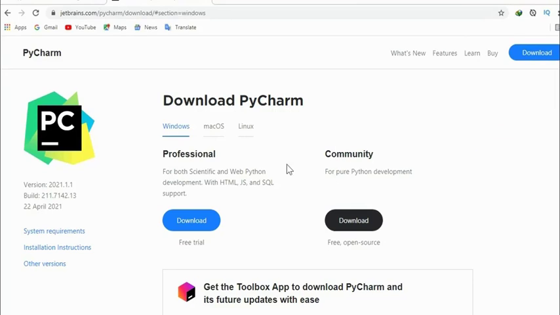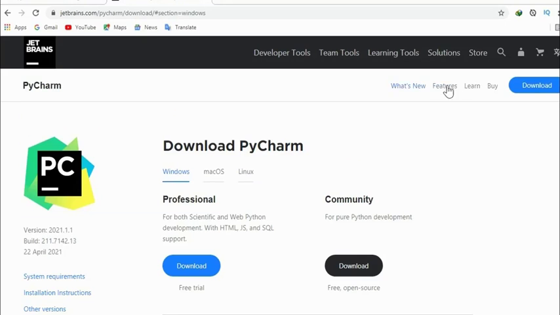But if you know many things about Python, if you want to make websites, go for this professional version if you are a pro. But if you are a complete beginner, don't waste your money, go with the community, learn Python, then buy professional. I'm not telling you not to buy professional, it's very good, but buy a bit later, after you know Python, after you write your own Python code, after you write your own Python website, then buy this professional version. Okay, so let me show you some features of this PyCharm as a whole.